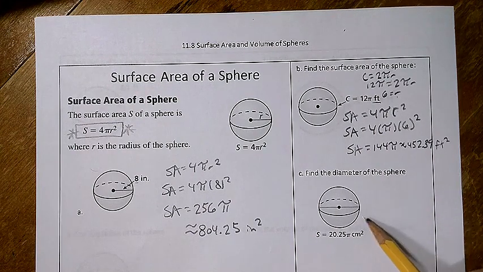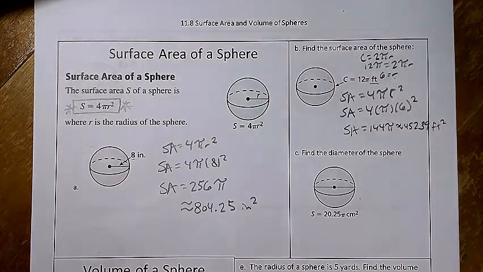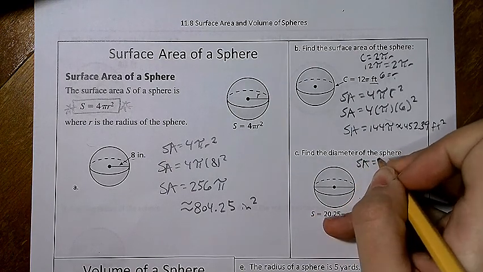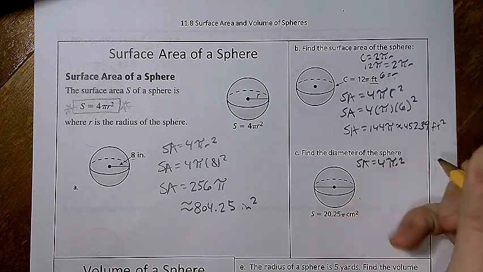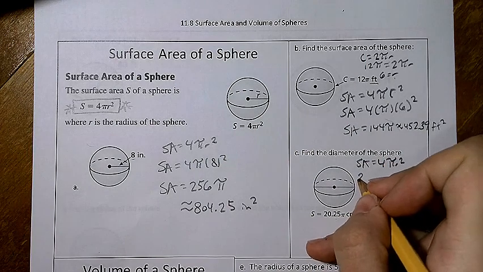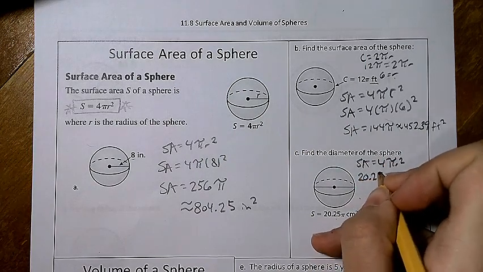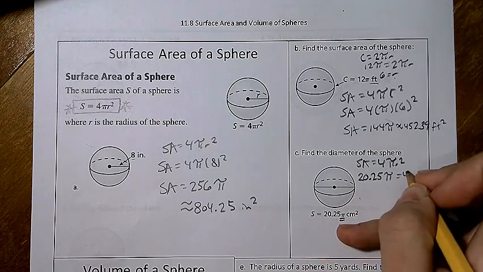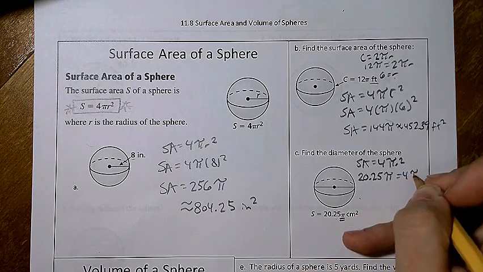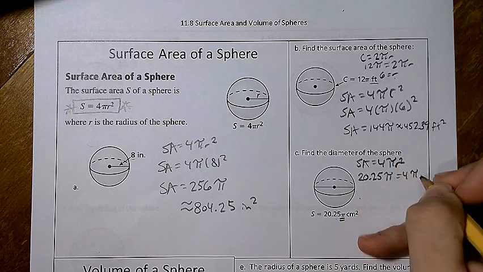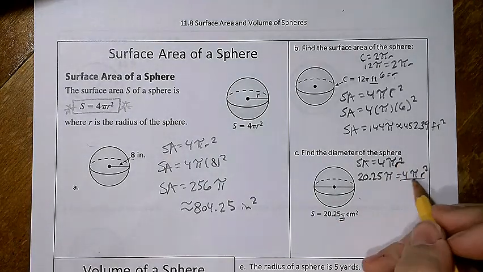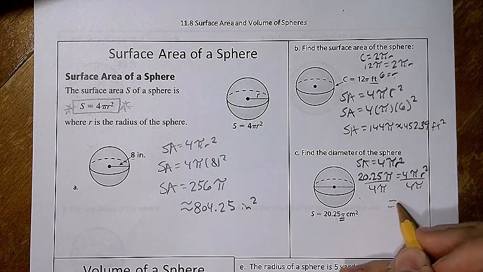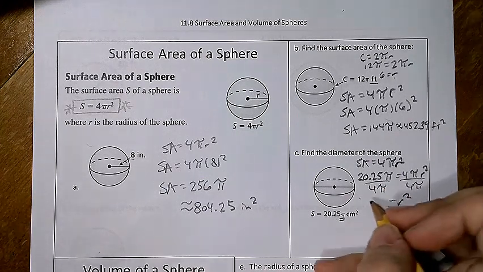We want to find the diameter for C here. We have been given the surface area, so we know the surface area is equal to 4 pi r squared. And the surface area they tell us is 20.25 pi, don't forget that pi on there, which is equal to 4 pi r squared. So I divide both sides by 4 pi. My r squared is now equal to